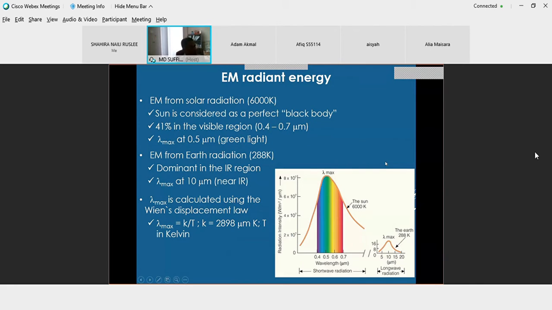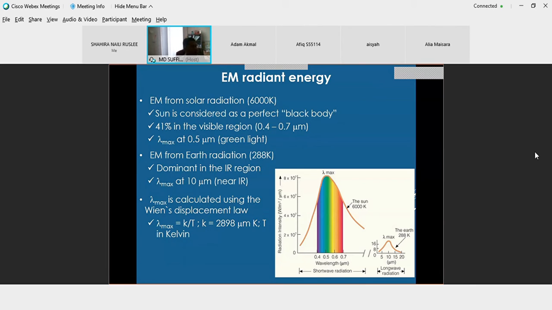And EM radiant energy, this one, kalau kita tengok kat situ, you belajar dalam, saya tak ingat apa nama khusus yang you belajar itu, Earth, atmosphere and climate. Sebab dulu meteorology, so the maximum energy that reach the Earth surface is in green wavelength, meaning that kebanyakan yang sampai ke muka bumi adalah pada green wavelength lah, at 0.5 micrometer ataupun 500 nanometer.